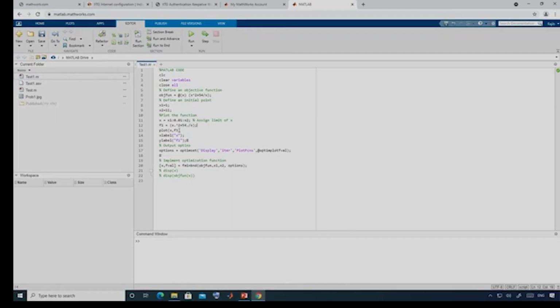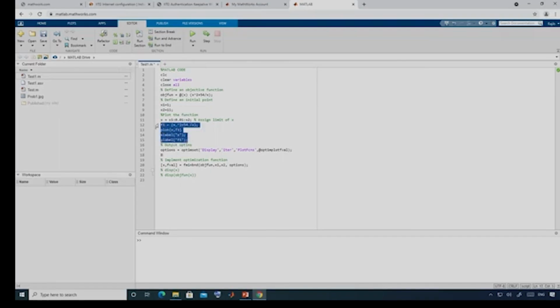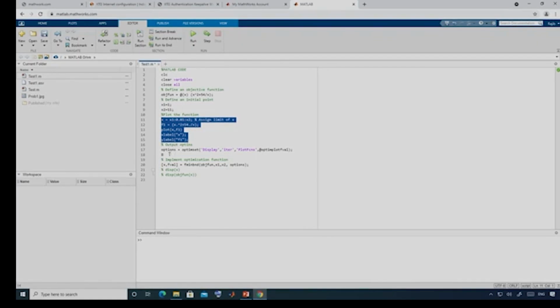And then I am plotting using the plot function. We have already learned how to plot it. In the plot I would like to label the x axis as x and the y axis as f1. These 5 lines will plot this particular function between x1 and x2, and after that